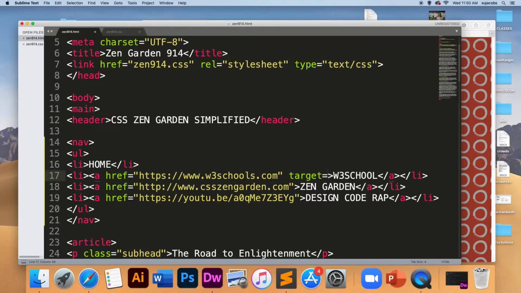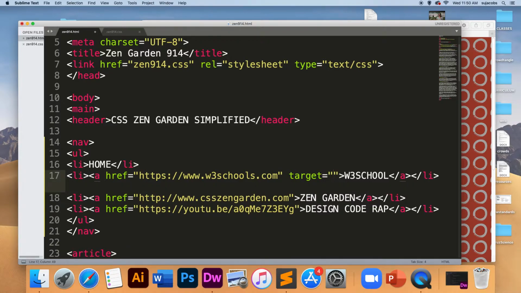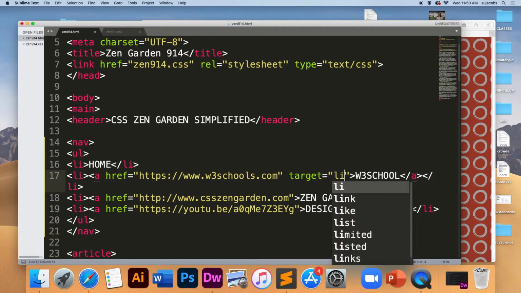Now, Dreamweaver will give you some suggestions for target, like underscore self, underscore blank, underscore parent. I don't like to use those because I like to give my target, my window, a specific name. Computers love names. So that the links always open in the same window, and I'm not forcing the user to open a whole bunch of windows every time they click on a link. So this is how it works. Target equals, and then I put in the quote mark, and then it just wants a name. You can name this window anything you want. You could call it Ice Cream Sundae, my cat Pistachio, but I like to name things after what they kind of do. So I'm going to call this links,